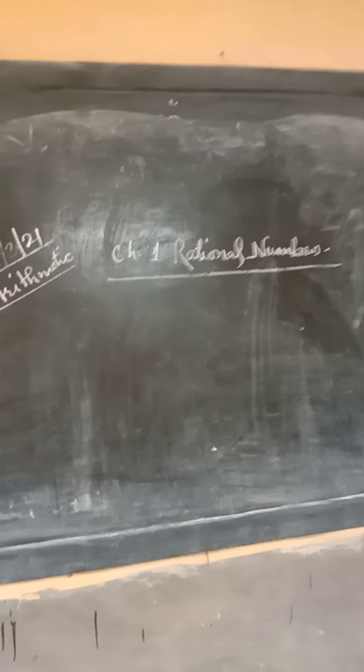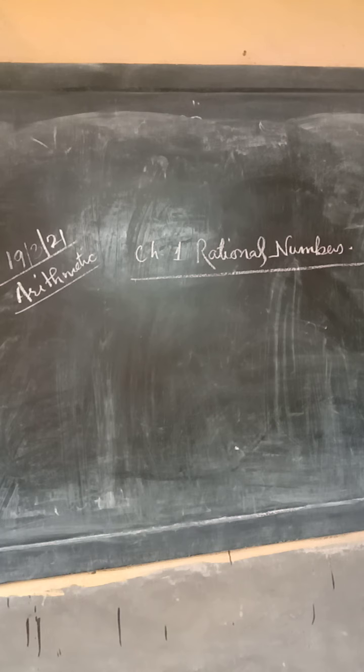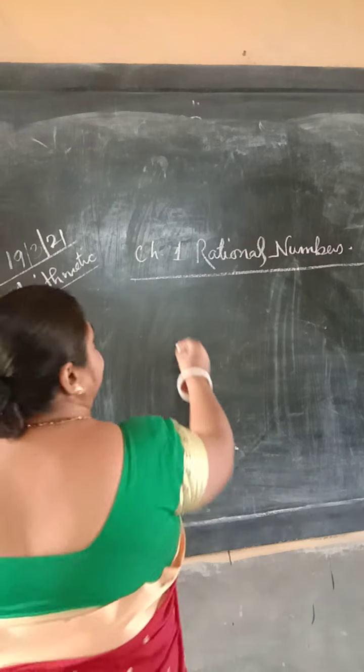Morning, guys. In this arithmetic class, we'll be reading about rational numbers. Already you know what this is: a number which can be written in the form p by q forms a rational number, where p and q both should be integers